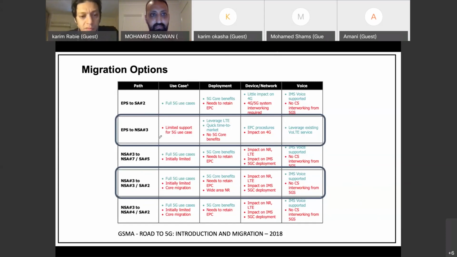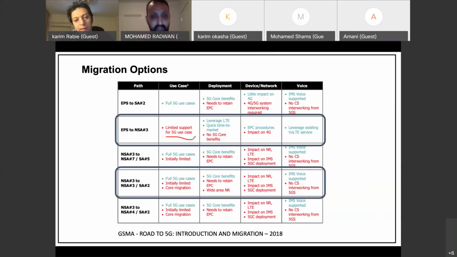Okay, so just quickly, moving from option 1 EPS to NSA3. After what we explained in the last 40 minutes, I think now we can interpret what is there in this table, right? So when we say that from a use case perspective EPS to NSA3 has a limited support for 5G use cases, that's because it basically supports the eMBB use case only.